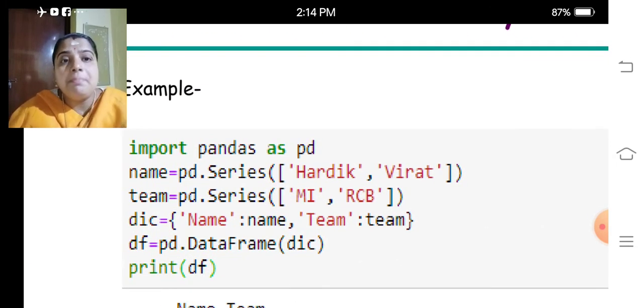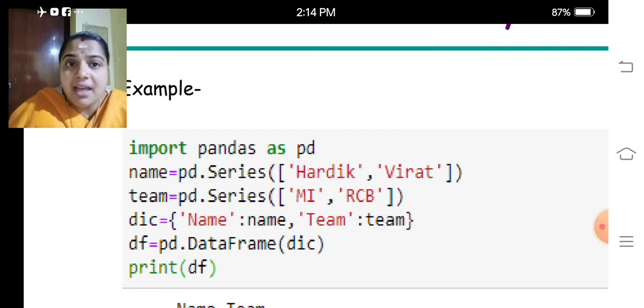Import pandas as pd. name equal to pd.Series. Here we are creating a name object which is of the type Series, and we are giving the values like Hardik and Virat. Those are famous names. I know you are very interested to know the names Hardik and Virat.